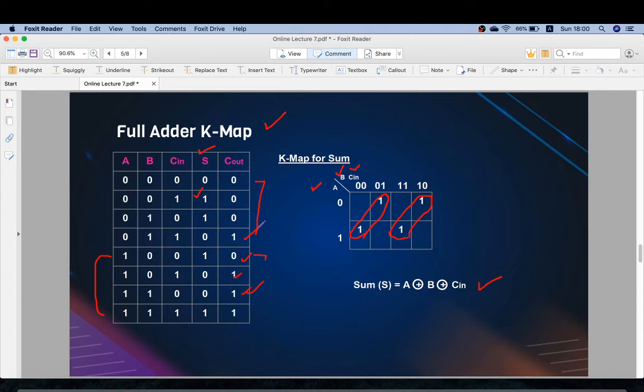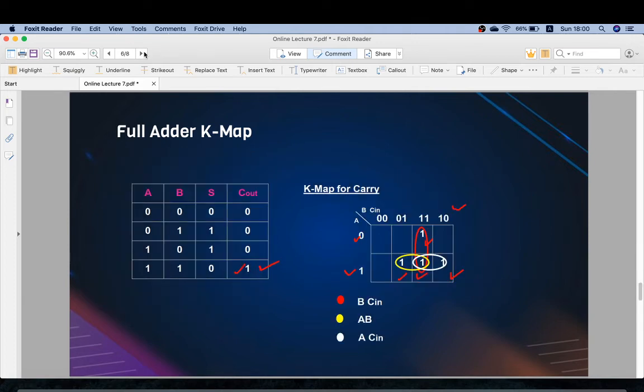So now we will make the equation for this. First of all, we will do the grouping for this, and in this grouping we will do overlapping, and after overlapping and grouping we get three groups, and these are the output equations for this group. For this we will take 1 1 and 0 1. So A will not be there because it is not common, but in B and C it's a single, so we will write B and C in.